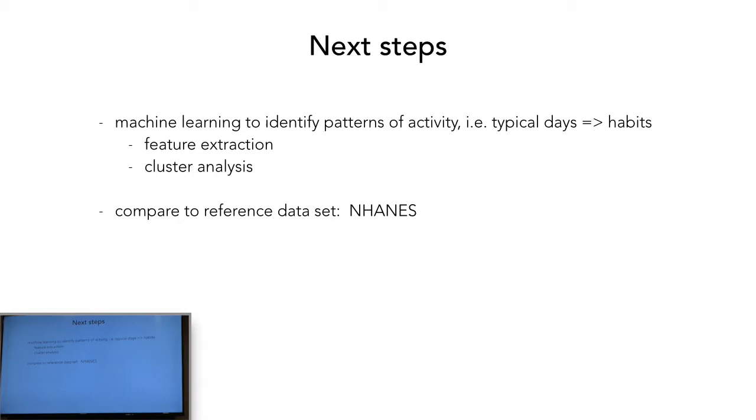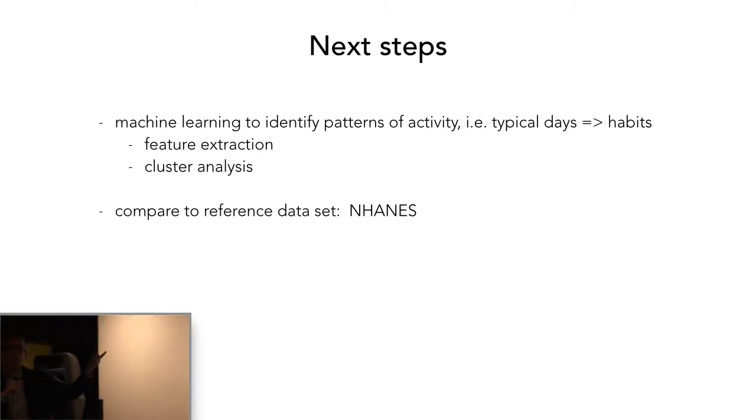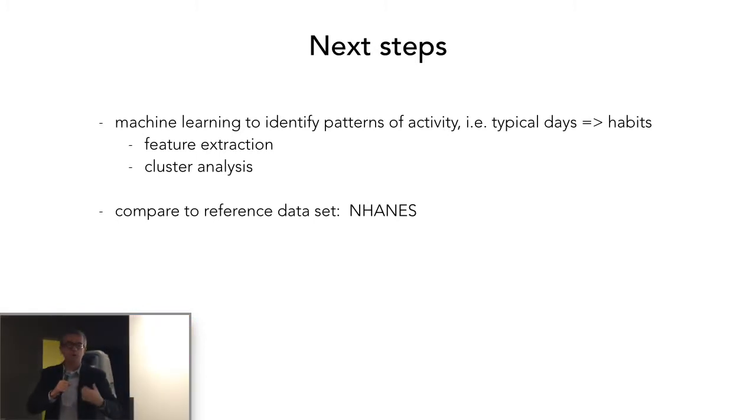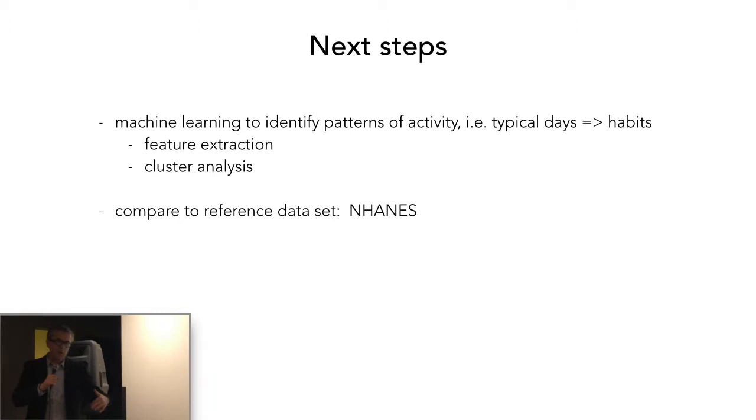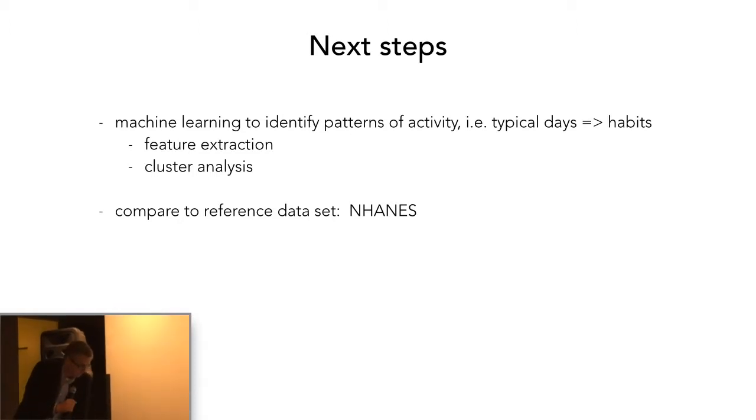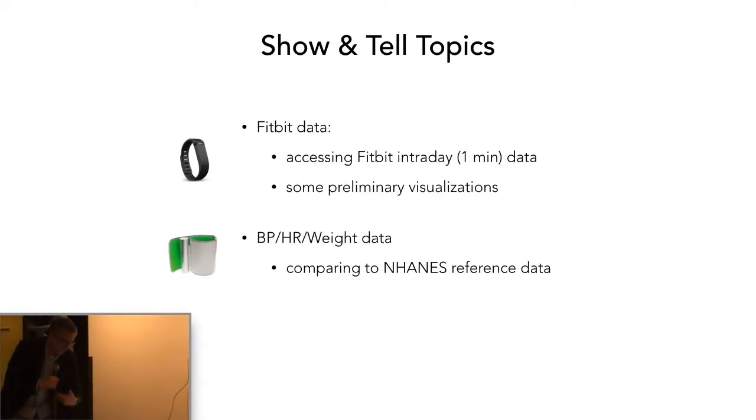And then actually, and I'll come back to this, NHANES is a reference data set, but there were a couple of years where they collected activity monitoring. And I downloaded it. It's like 2 gigabytes of data, but I haven't started actually looking into that yet. And I'm almost done, so I'll quickly go through